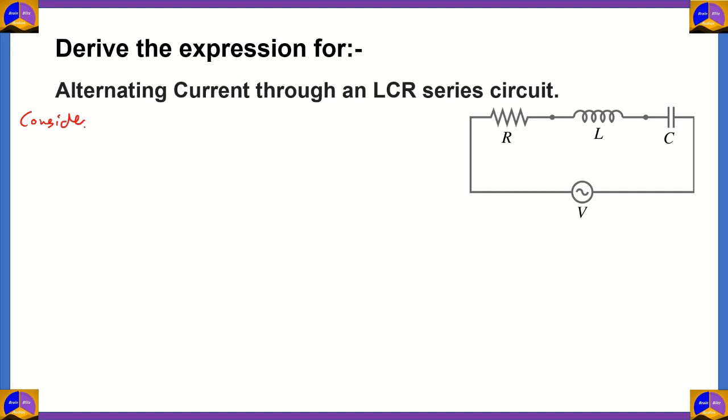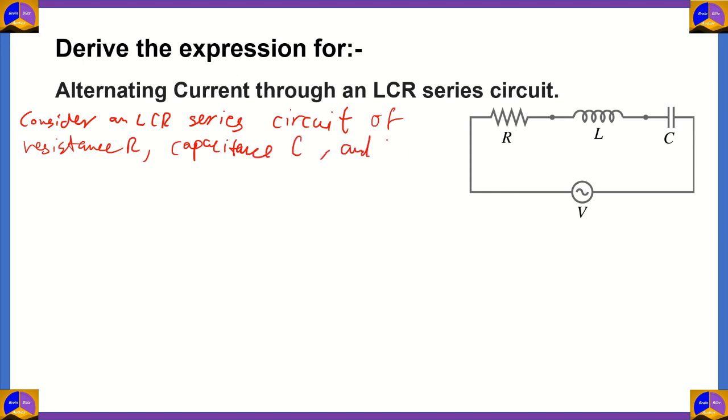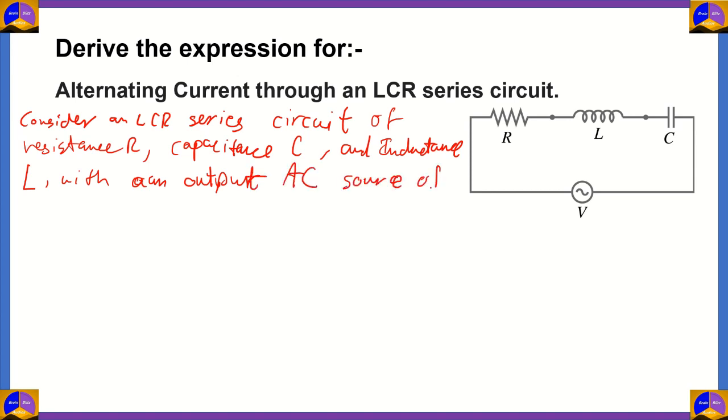So now we consider an LCR series circuit of resistance R, capacitance C, and inductance L, with an AC source of EMF E. And then we draw this diagram. Since this is an AC source, we represent it this way as opposed to a normal battery, which gives you a DC source. So now let's consider E and I to be the